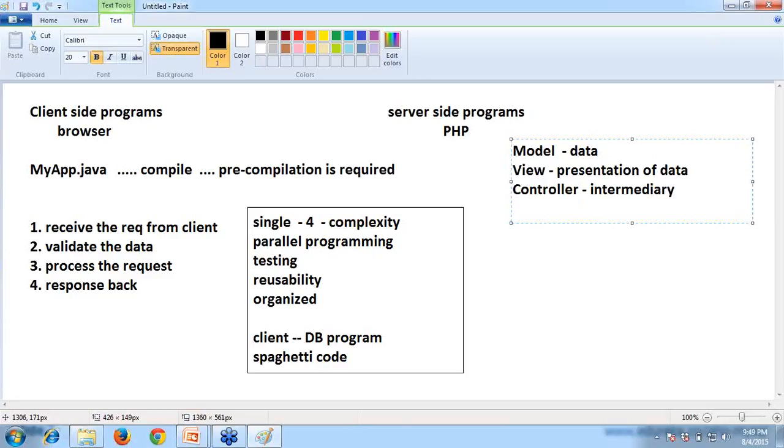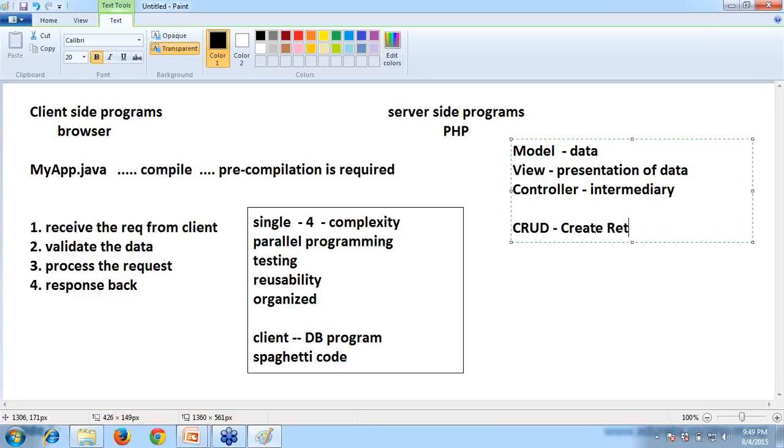So model is nothing but data, where the data is present in the database. Whatever we are doing with the database is something like CRUD operations. Any project, whether a railway reservation, a hospital management system, or the learning management system of Edureka, does CRUD operations. What is CRUD?